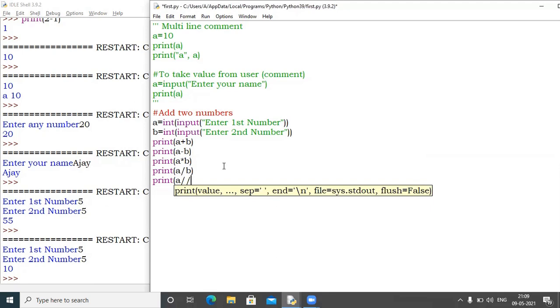Let me execute this and then I will explain simultaneously.